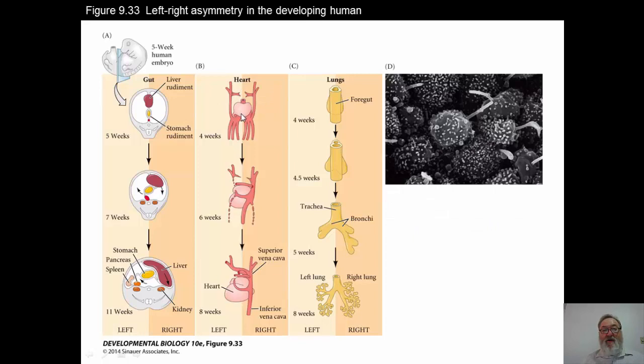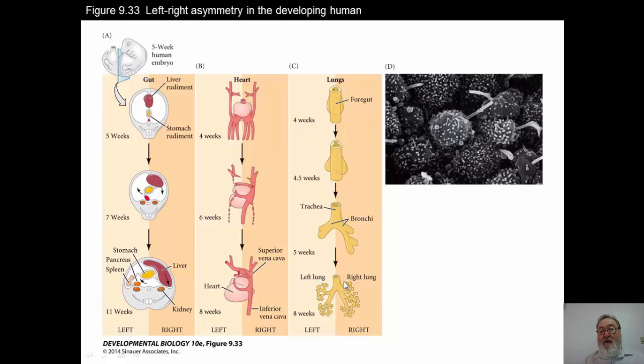If we talk about left-right asymmetry in the developing human, we've already talked about that. Things start bilaterally symmetrical, but really we become asymmetrical. This is a cross-section of a human embryo at 5 weeks, 7 weeks, and 11 weeks, and you can see that the liver is moving to the right and other structures are moving to the left. The spleen and pancreas, the heart moves to the left. There are other forms of asymmetry in terms of the vessels coming out of the heart: the aortic arches, superior and inferior vena cava, the branches off of the